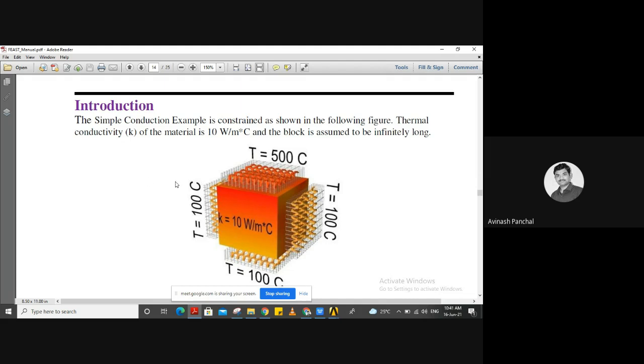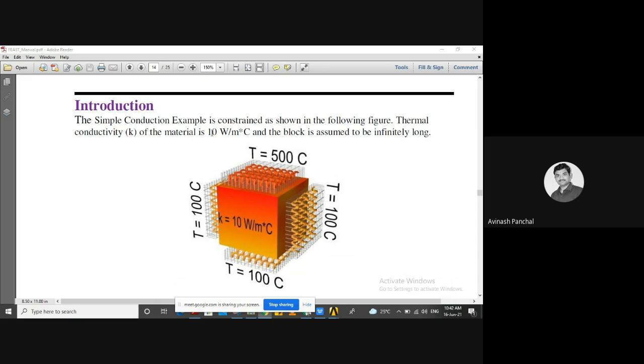Okay, so up till now we have seen many things, that is structural analysis of a cantilever beam, and also the structural analysis of your truss members. So I think everything is clear to you, and now we will proceed towards this one. Just see, this block has a square section, and has a temperature on the three sides equal to 100 degrees Celsius, and at the top it has 500 degrees Celsius.